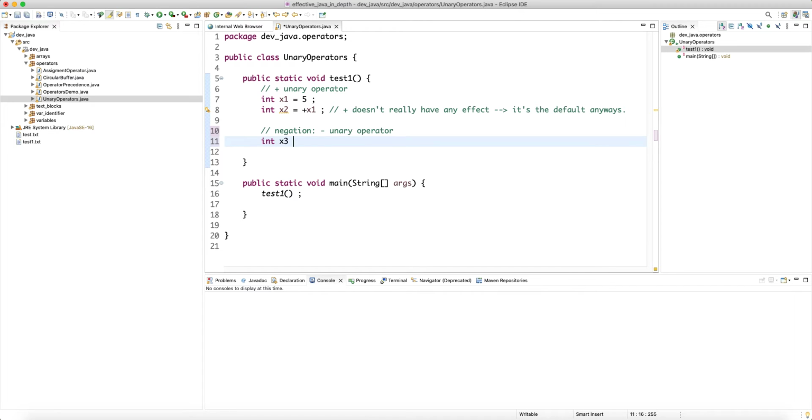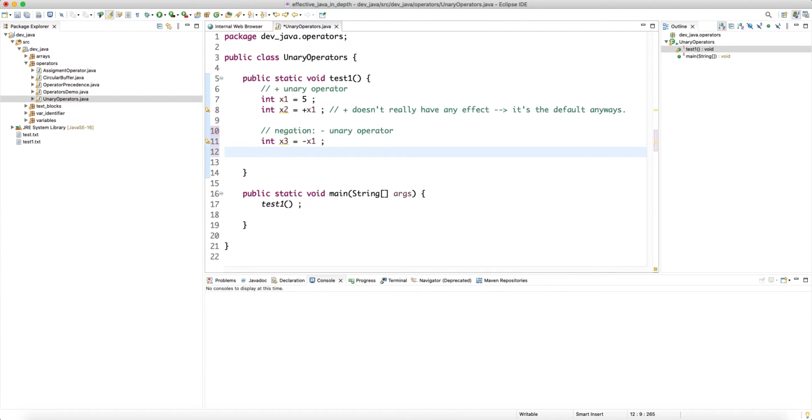So int x3 is minus x1. What we're doing is that we are changing the sign. So if I do a sysout on x3, we get negative 5. Yes, negative 5. And I think it's also good to look at the bits. So x1